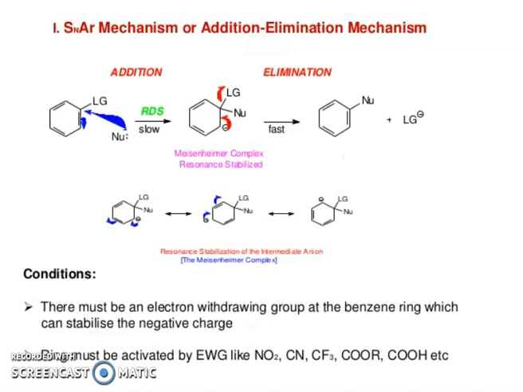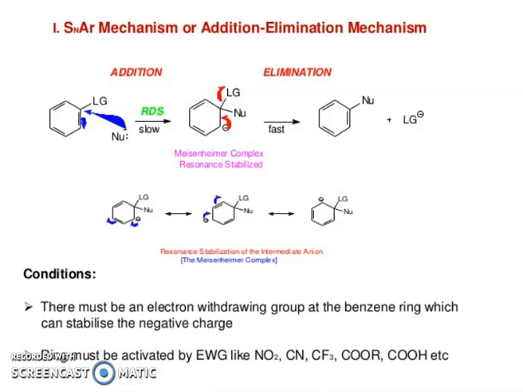So SNAr mechanism or addition elimination mechanism. You can see the leaving group. You can see the nucleophile. RDS means rate determining step, slow. You can see the Meisenheimer complex, resonance stabilized, fast, and formation of the product. So addition and elimination. You can see the next addition and elimination. So resonance stabilized